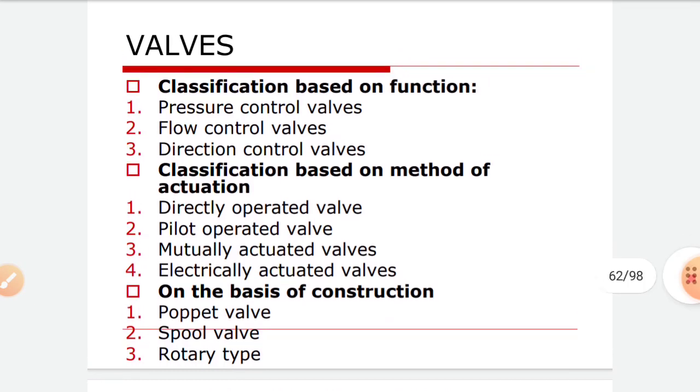Okay, so first is a pressure control valve, flow control valve, and third one is a directional control valve. So valves are classified on the basis of its function. First one is a pressure control valve, second one is a flow control valve, third one is a directional control valve. Okay,